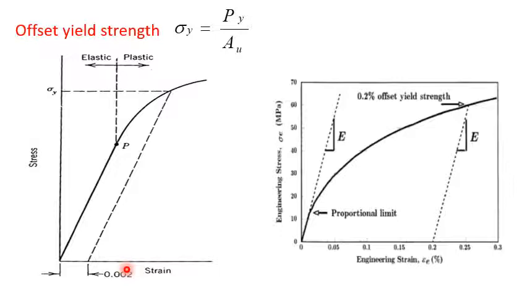Now, a little enlarged one is shown here also. This is 0.02, which is a little small, so they have enlarged it, and we are going to take a strip for this one. That is nothing but the stiffness you get for that one, or the curve at which it meets. If you take that to the left side and see where it cuts the stress curve, that is the yield strength we are going to get.